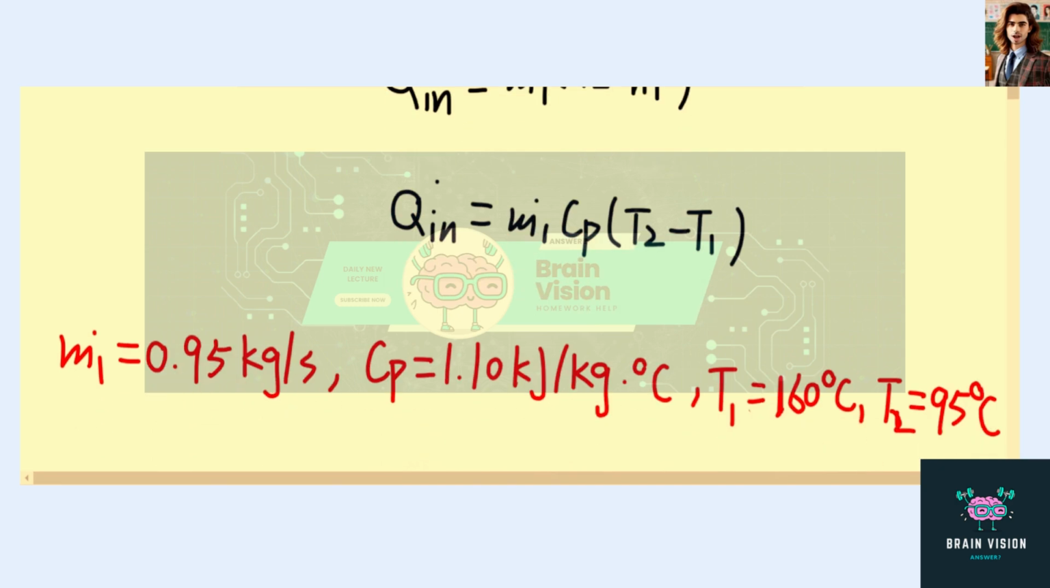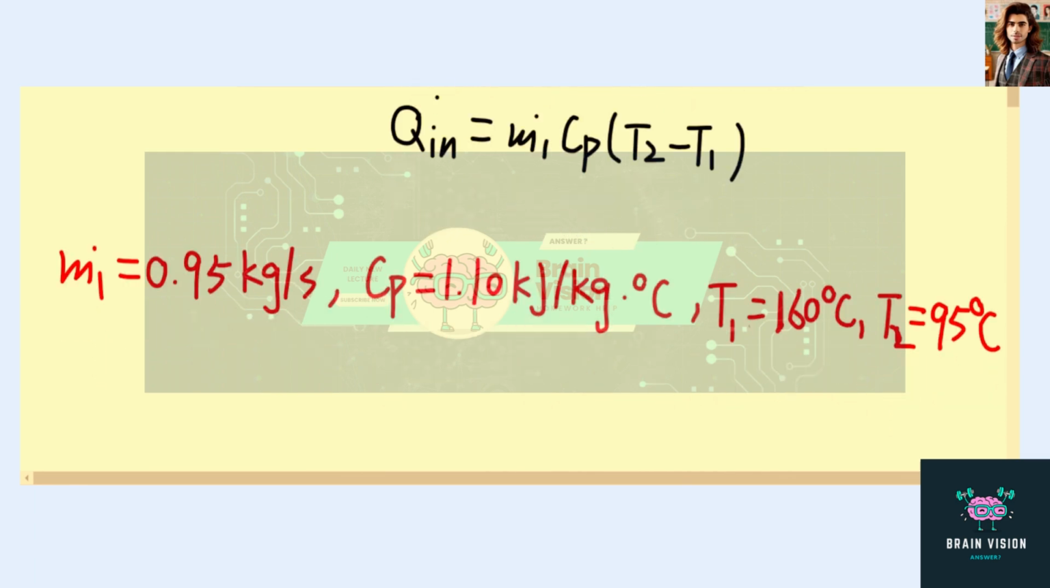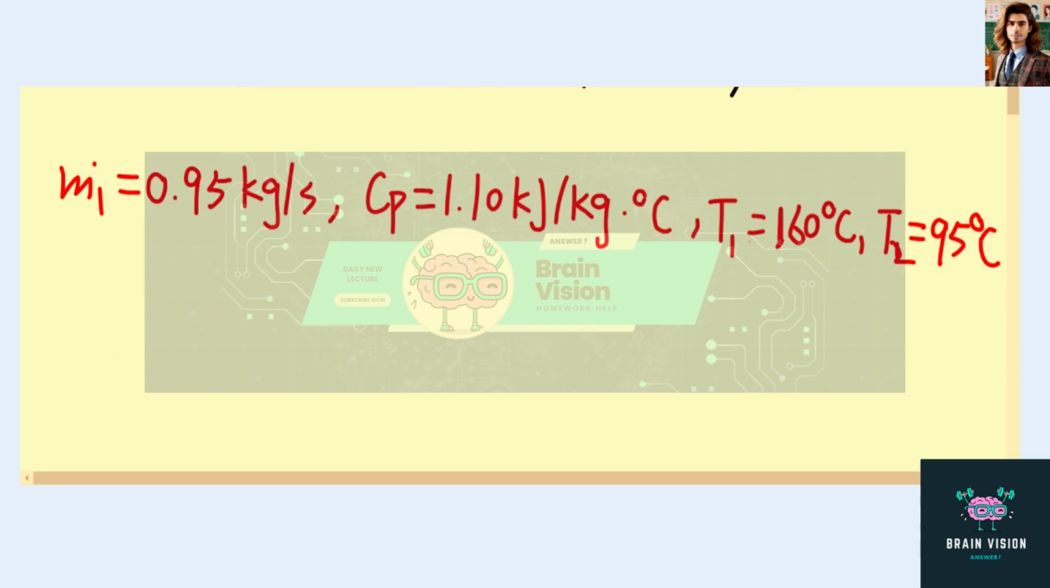So now we know M1 dot is equal to 0.95 kilogram per second, and the specific heat for the combustion gases is 1.1 kilojoule per kilogram times degrees Celsius. And we know the initial temperature is 160 degrees Celsius, and the final temperature is 95 degrees Celsius. So now let's try to determine the rate of heat transfer into the combustion gases, which is equal to